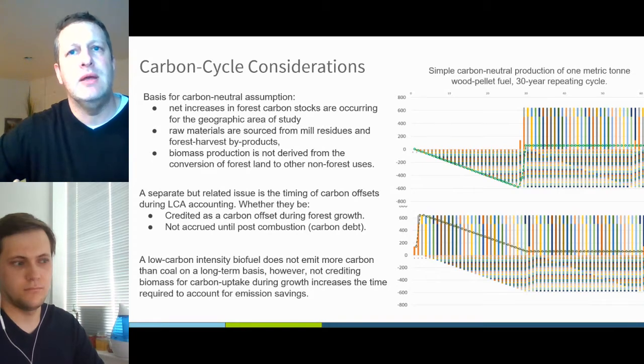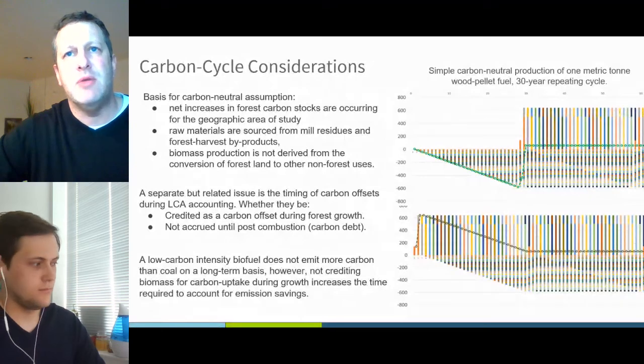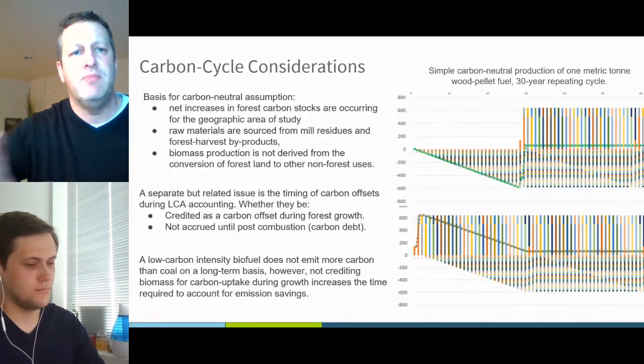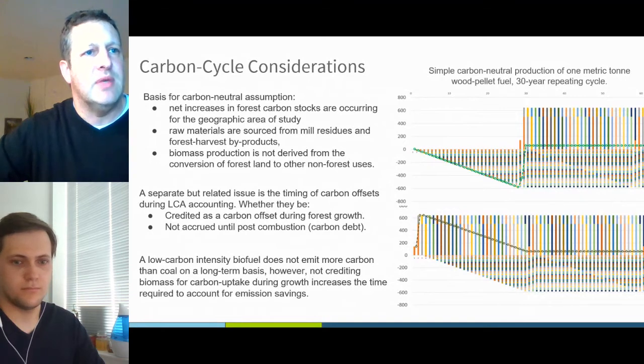The point I want to make is that if you look at either system and you treat them identically over a long period of time, what you see is that the steady state conditions end up the same. So when you look at the difference between the green circles in the top graph and the brown circles in the bottom graph, they end up at the same place, and it's accounting practice that makes the difference. Next slide, please,